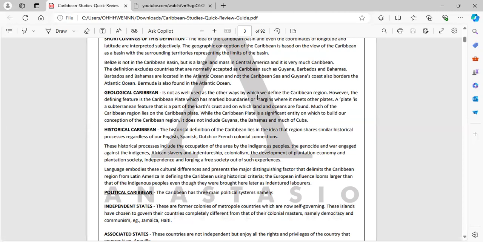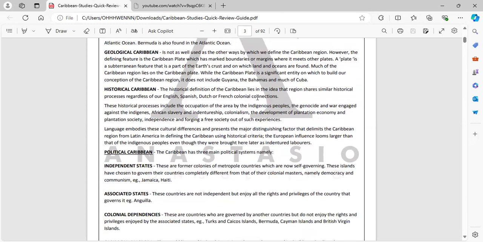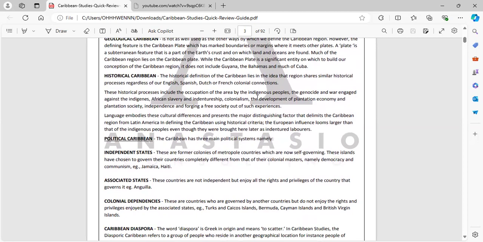So you can say these countries are within the Atlantic and not within the Caribbean Sea, but they are Caribbean because they experienced the same slavery as us. They had slave masters, they experienced the whipping, the riots, everything. They had the same experience as us. So that is the Caribbean definition of the geographic. We'll move on now to geological.